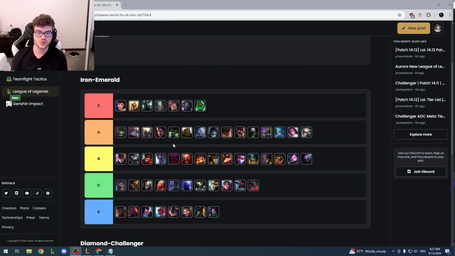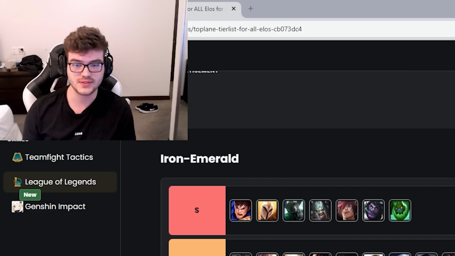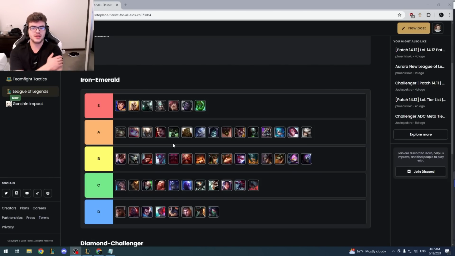Nasus is kind of similar to what I explained with Kayle, where you lose most of your matchups, but if you go even, you're winning, and you scale infinitely. So, Nasus is amazing. And Gwen is a champion that I believe has a bit more...